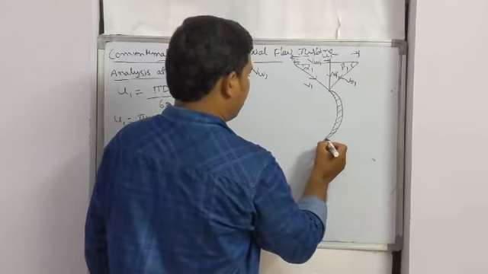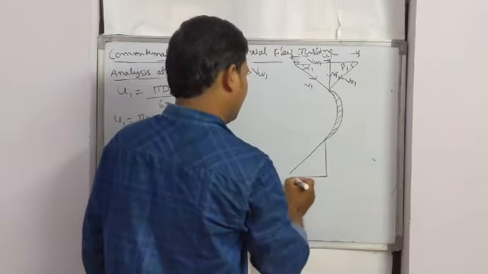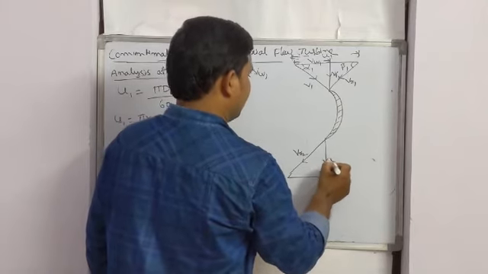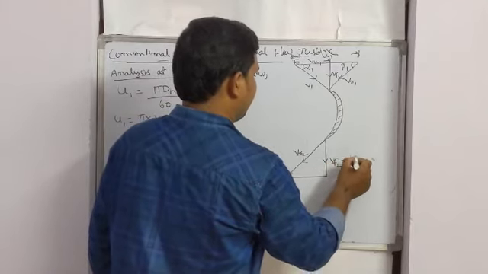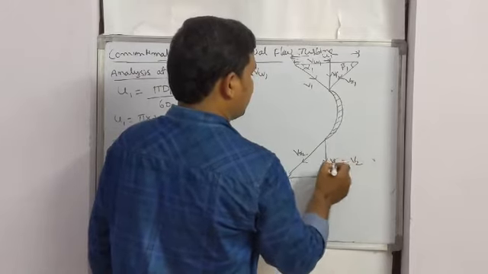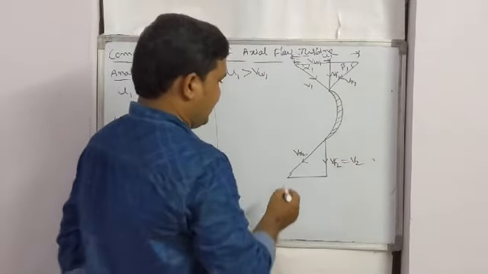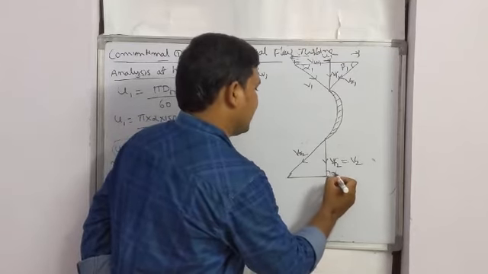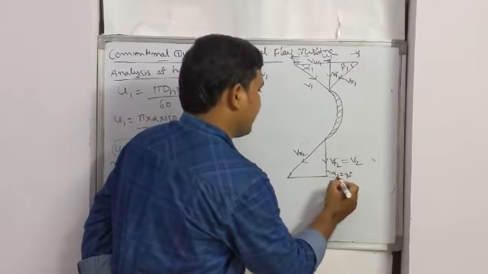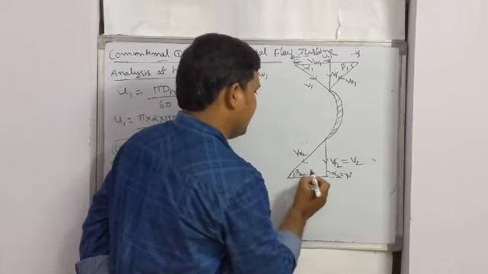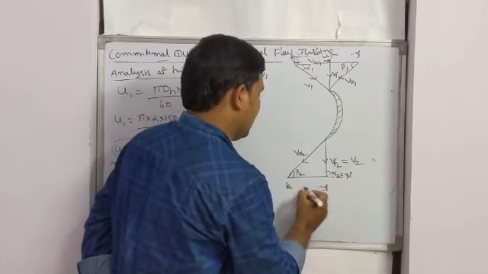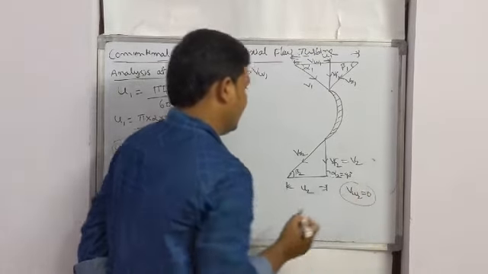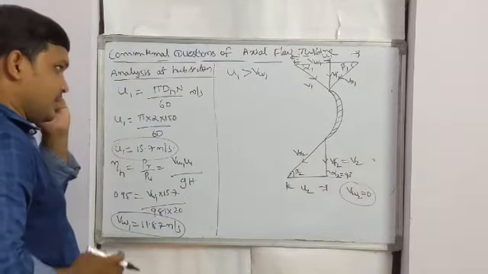Again, the exit velocity triangle will be, this is the relative velocity at exit VR2. Again, this is the flow velocity at exit, same as the absolute velocity. The absolute velocity merges into the flow velocity because water leaves axially, which means alpha 2 is 90 degrees. This is beta 2. So this remaining is U2. Here VW2 is 0. Note this. So U1 will be greater than...